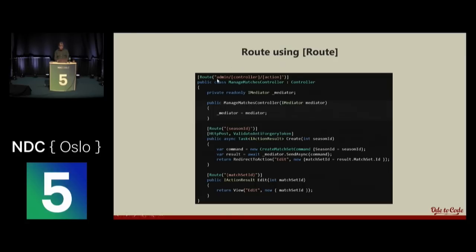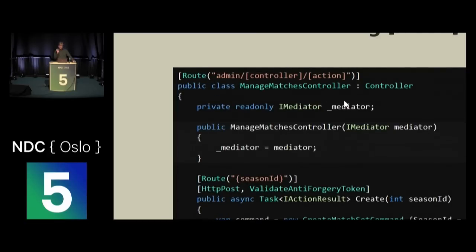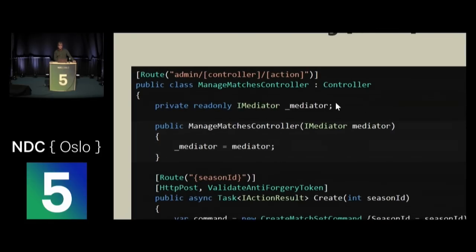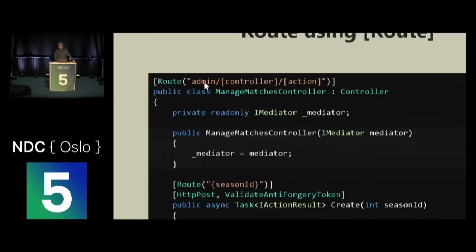So the solution to that is don't use the route builder at all, just use routing attributes, because now URLs are looking developers in the face. So they have to think about the URLs that they're actually putting together when they're writing controllers. So if this controller should be part of a collection of controllers that manage admin type resources, then it's really easy to say, yeah, let's tuck this into admin. And to do that, I don't have to go into some ugly route builder code and fight with other people